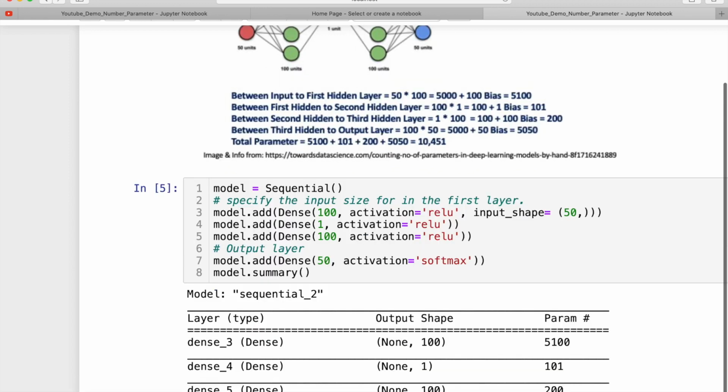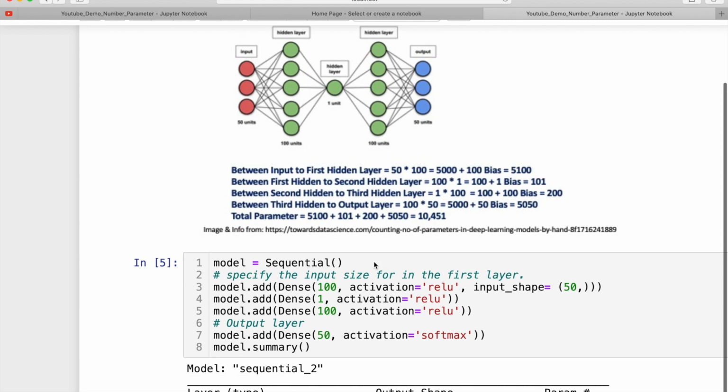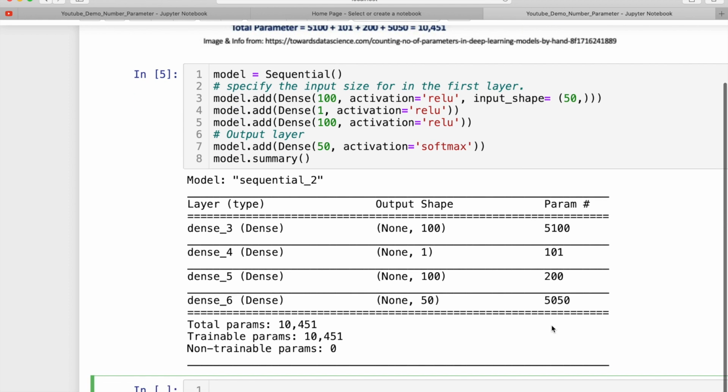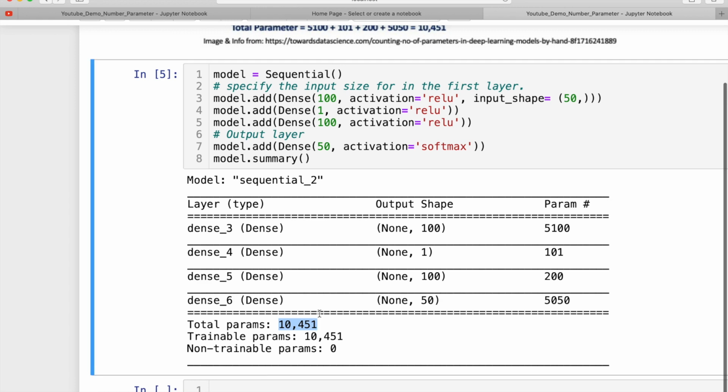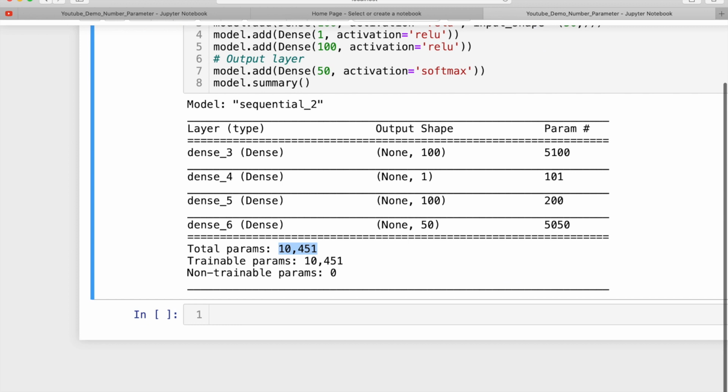Now if you execute it, as we discussed, first comes 5100. Then next 101, 200, and if you add all the parameters, it becomes 10451. So you just multiply input and output, and add the output layer numbers, that is the bias. The same way we can calculate it. I have given the explanation here also.